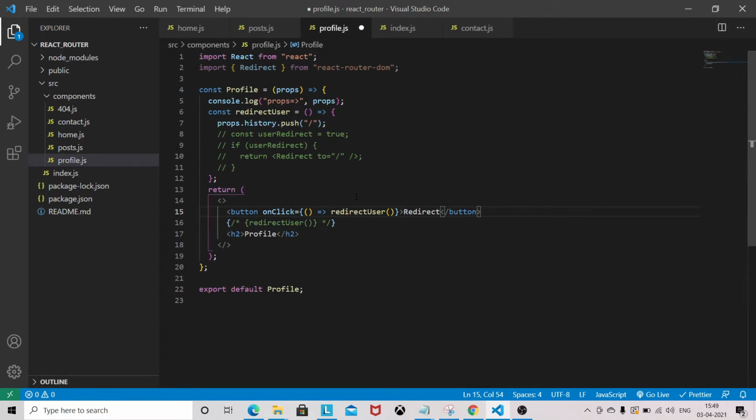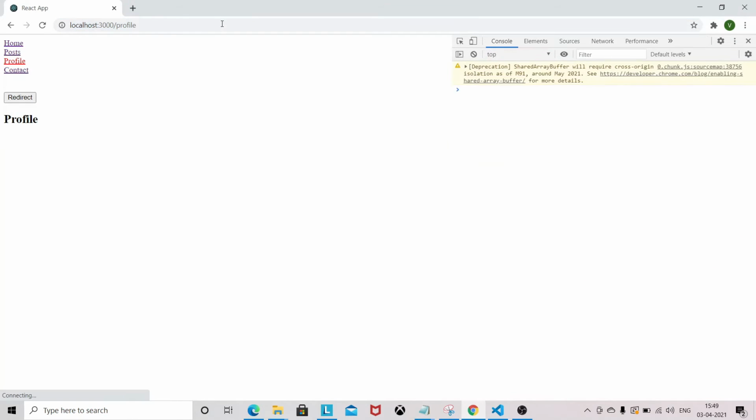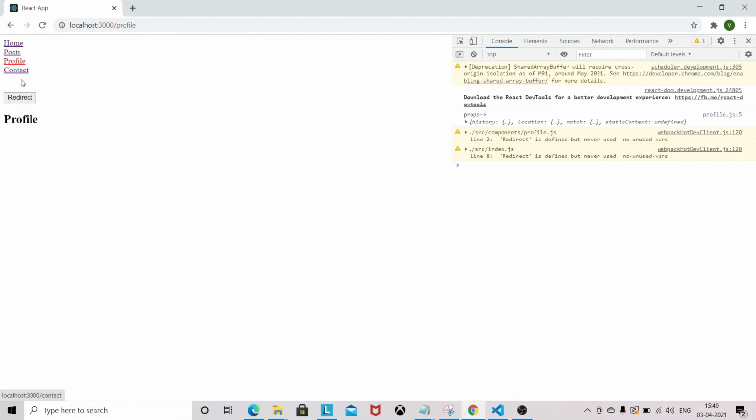This is another way to redirect. I am on profile, and the moment you click on the Redirect button, it redirects to the home page. So this is another way you can implement the redirect functionality.